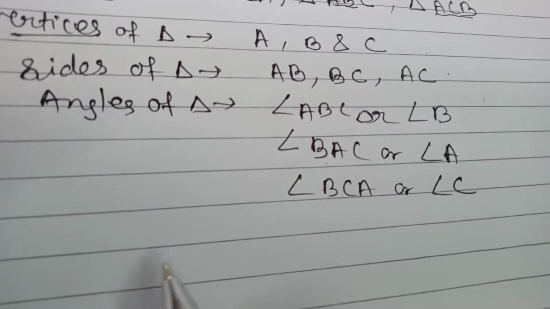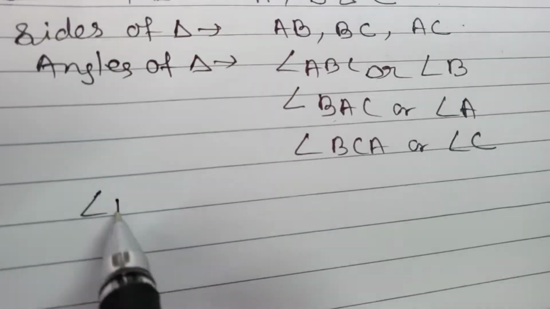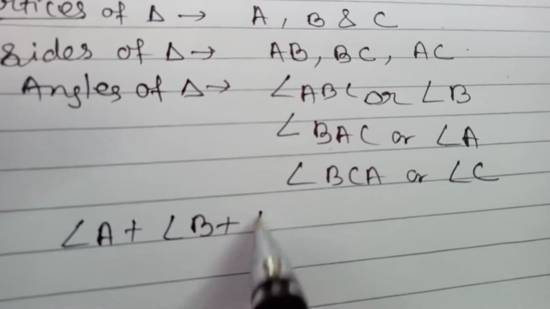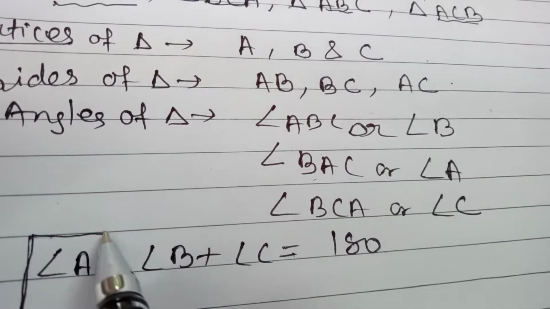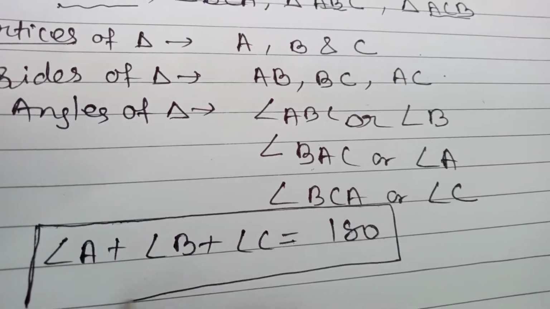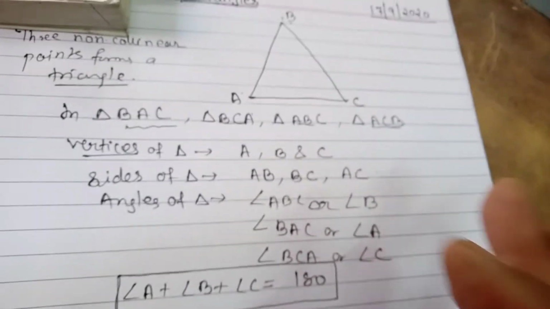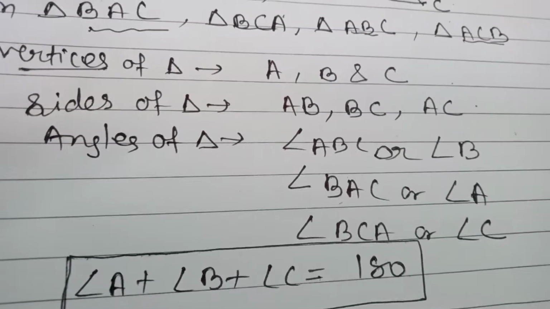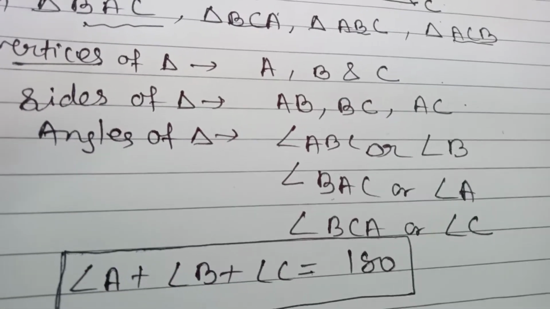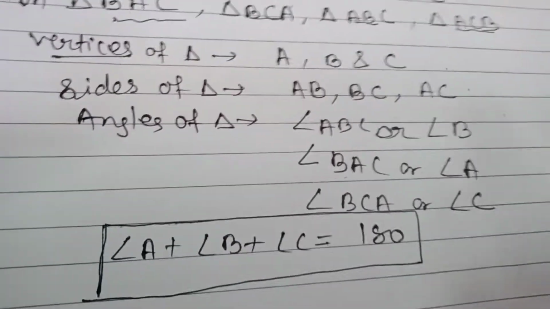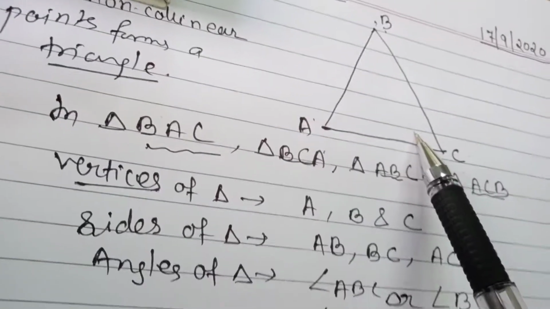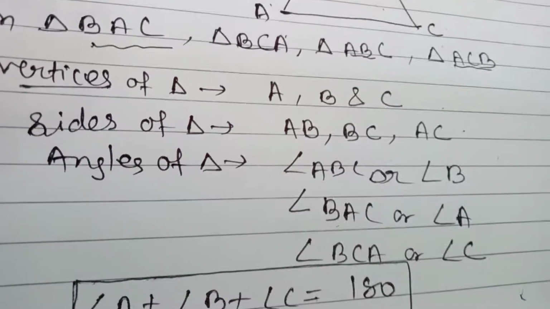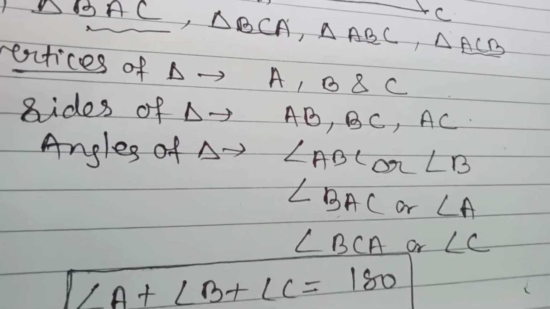Now we have even done a theorem that the measure of all the angles of a triangle, A plus B plus C, according to the Angle-Sum property, is 180. So dear students, in this chapter on triangles, these are some preliminary, mandatory basic information which you have to carry forward. I am sure that you are well aware of how to write and read triangles, and what the meaning of a triangle is. Clear? So let's come to the topic we have to discuss, congruency.